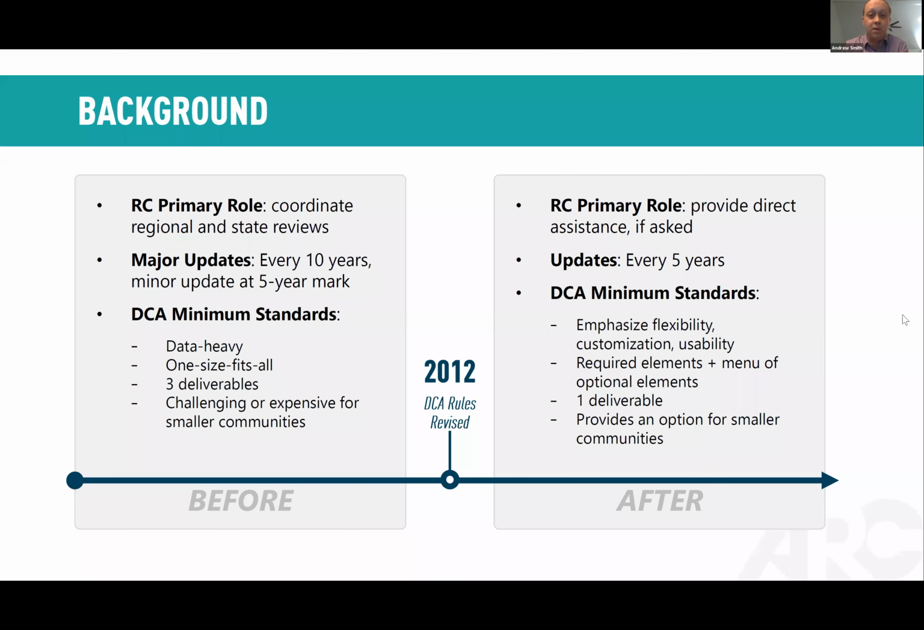There was sort of a triplicate deliverable requirement. So you had to do a data assessment, the document in the middle that detailed needs and opportunities and goals, and then more of an action plan at the end. It was just a long process, and could be challenging or costly, especially for smaller communities. So there was a lot of pushback that went all the way up to the General Assembly